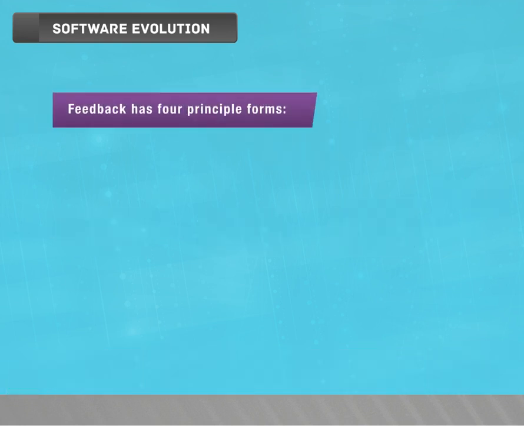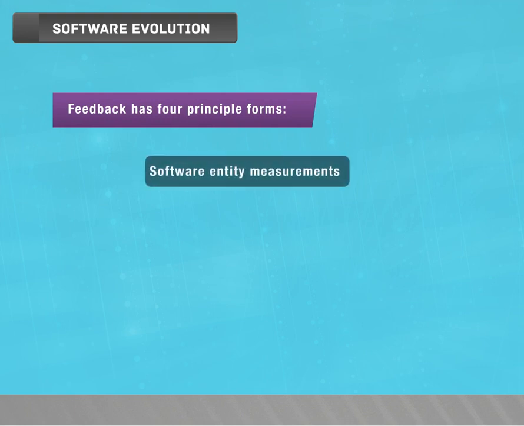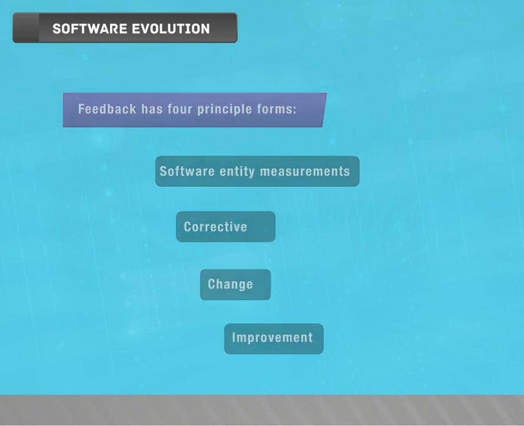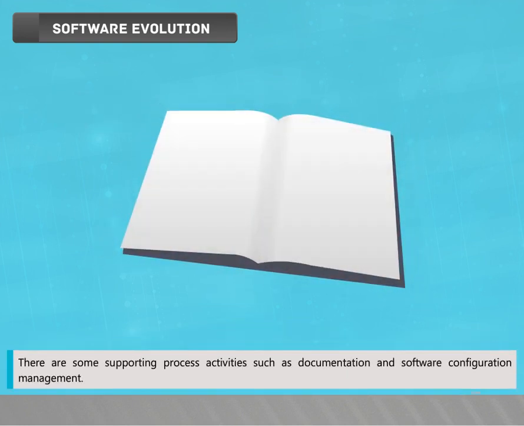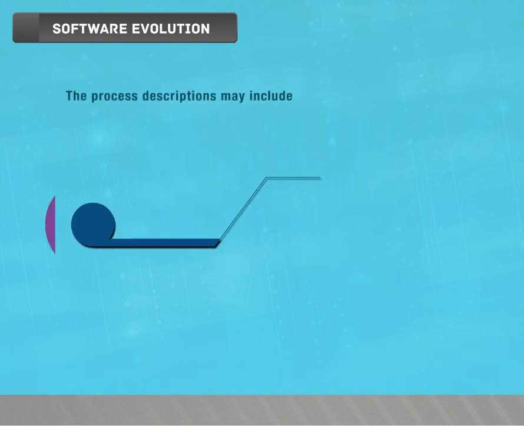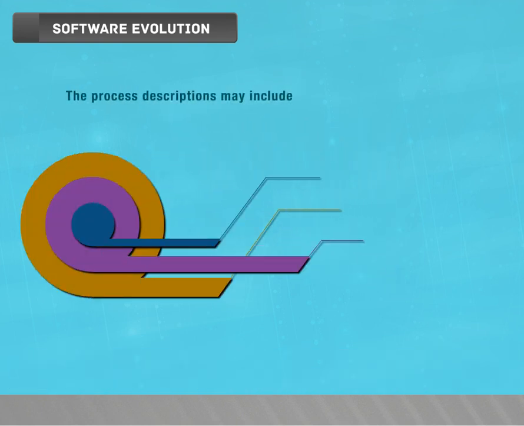Feedback has 4 principal forms: software entity measurements, corrective, change, and improvement. There are some supporting process activities such as documentation and software configuration management. The process descriptions may include products, roles, pre- and post conditions,